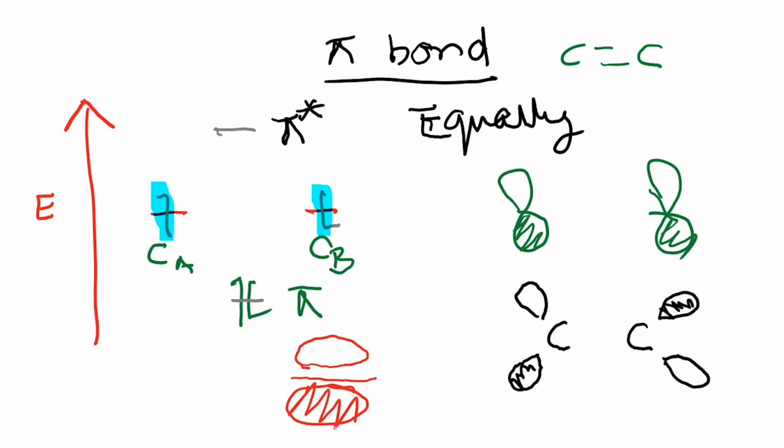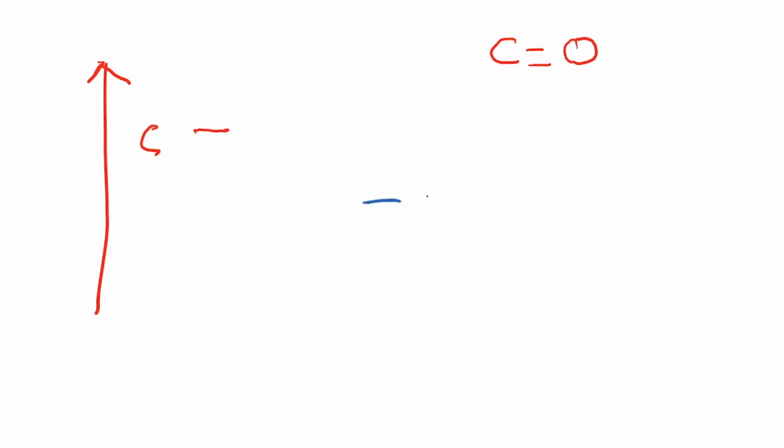And now let's try to construct a similar picture for the carbonyl, C double bond O. Again, a lot of the reactivity of carbonyl will depend on the pi bond, so let us now only worry about the pi bond. Let's draw the molecular orbital picture over here. As I told you earlier, carbon is here and oxygen is here. Again, we need to concern ourselves only with the p orbital, which has one electron each.